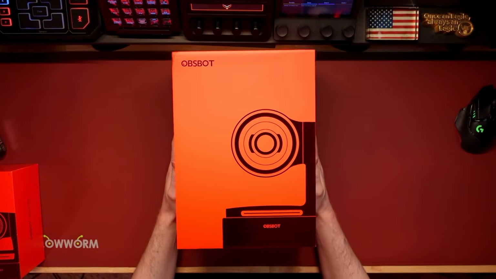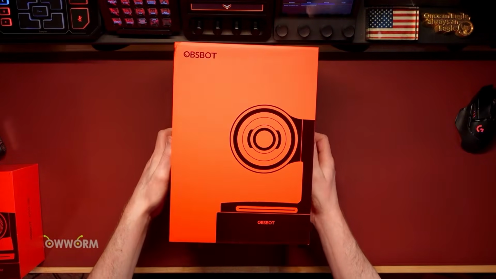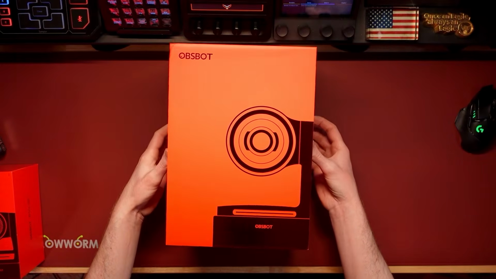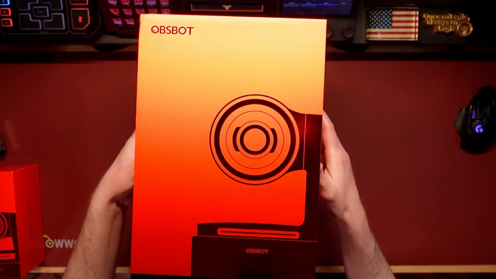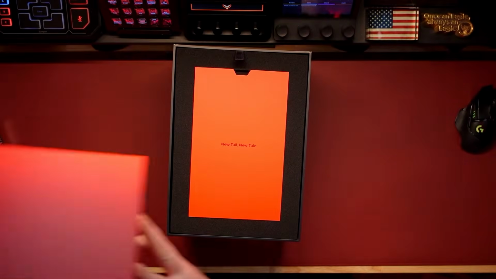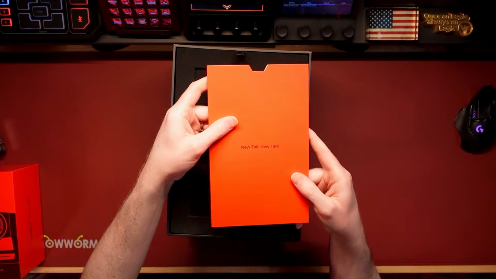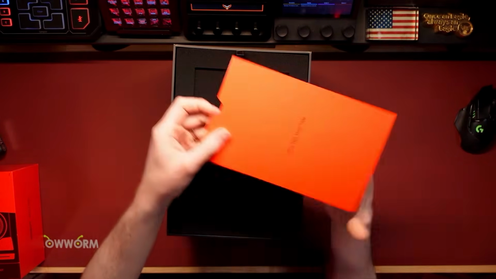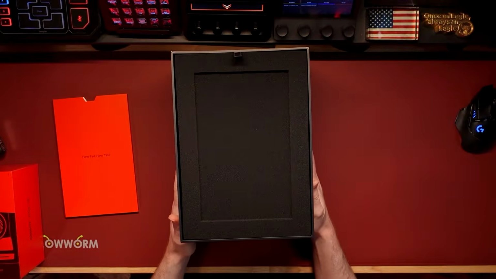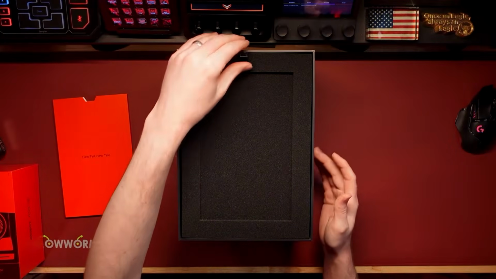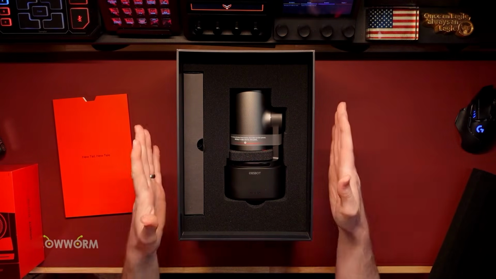Let's go ahead and unbox this, and I'll just leave the camera zoomed out here so you guys can see this in its entirety, because it is a big one. This is the OBSBOT Tail 2 right here, and as you guys can see, it comes with the new Tail instruction booklet right in there. Let's get to the main event here, and as we pull this little tab up, the foam will come off, and you will notice a big ol'